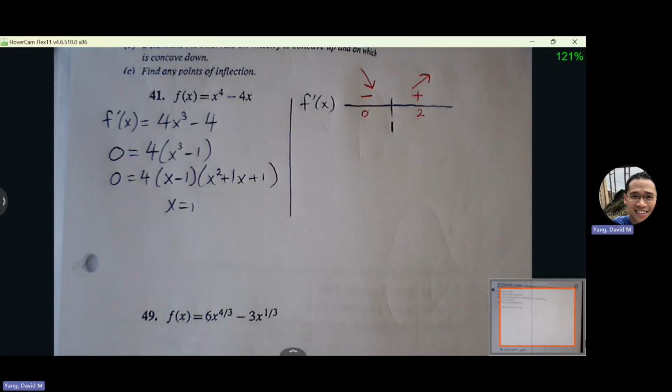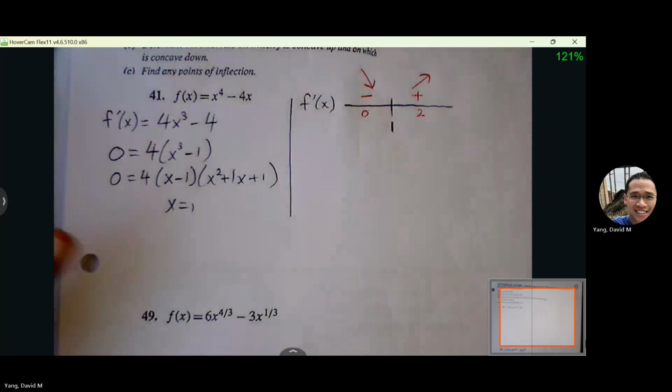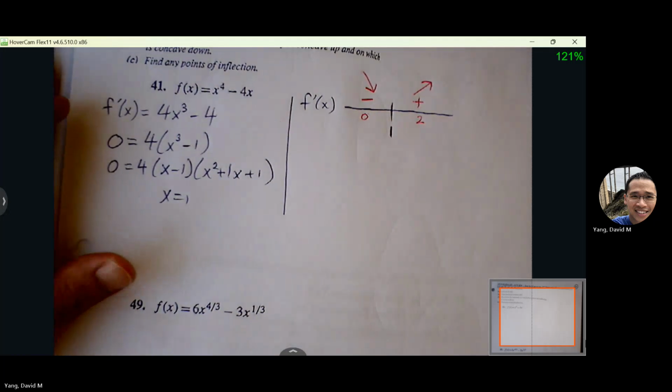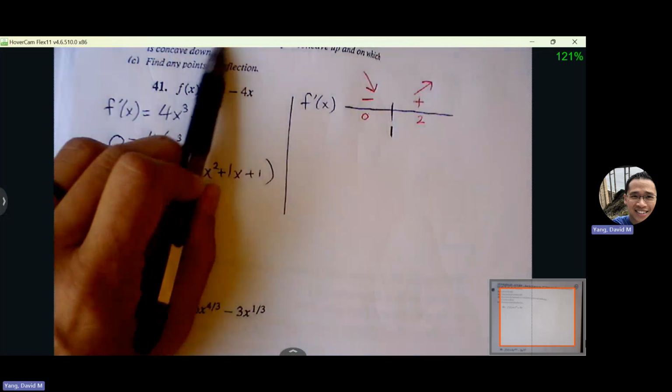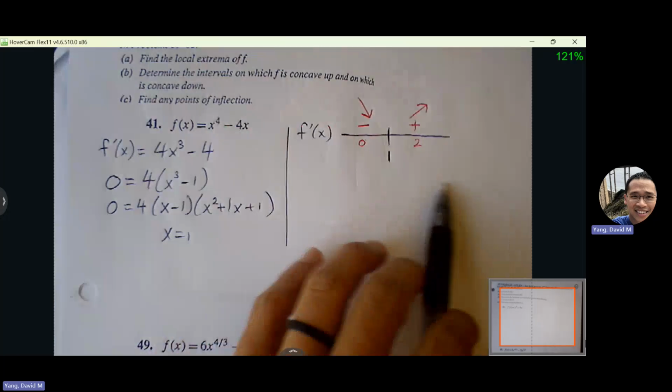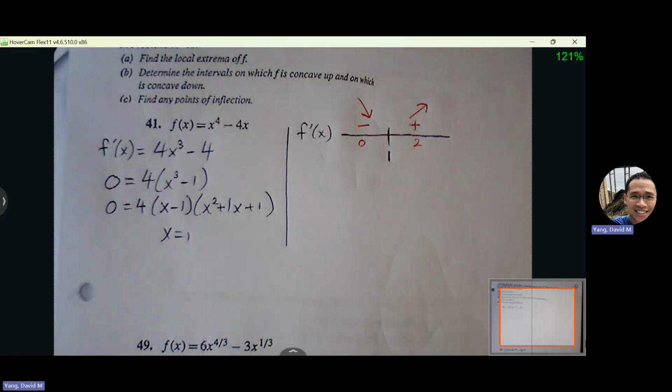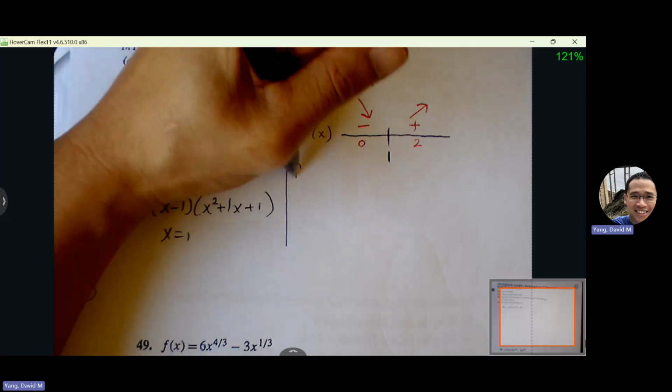So we can make a statement about relative minimum. We can make a statement about decreasing. We can make a statement about increasing, but no relative max. It says determine just local extrema, but let's just practice writing out all of our characteristics as well as statements just for practice purposes. So we can say